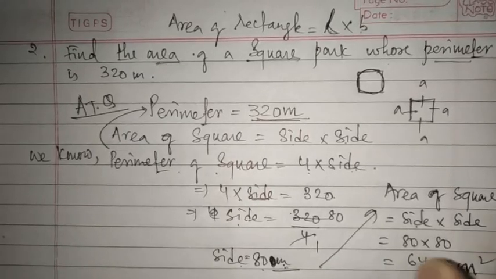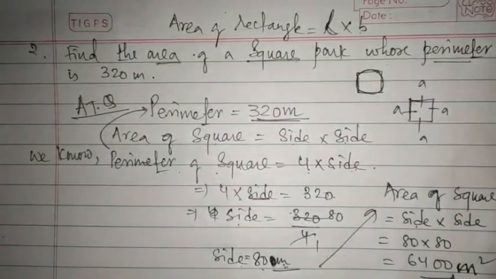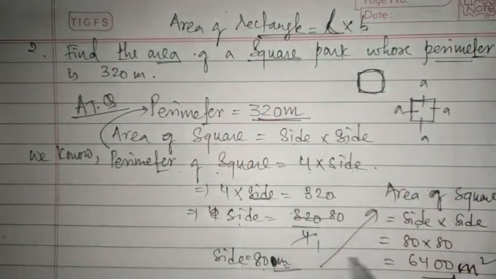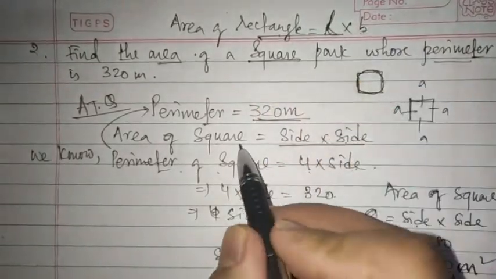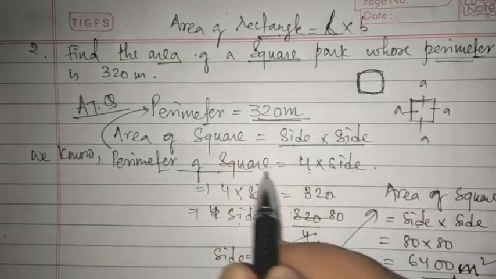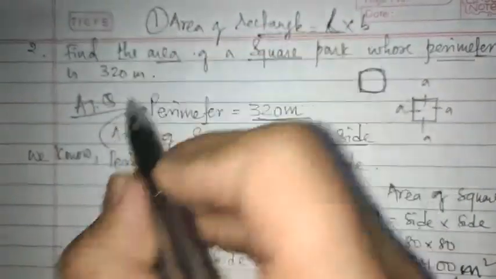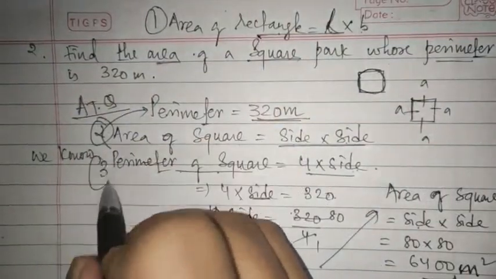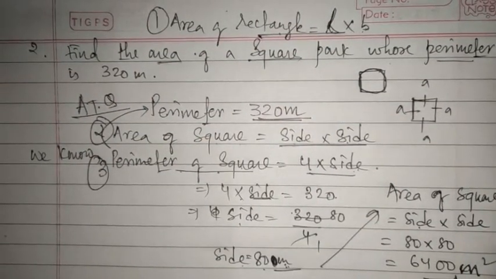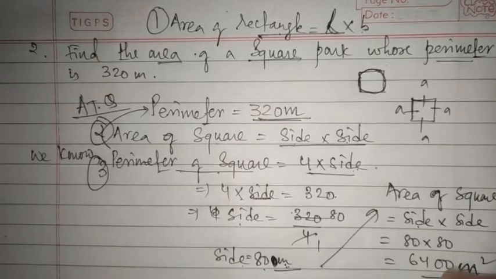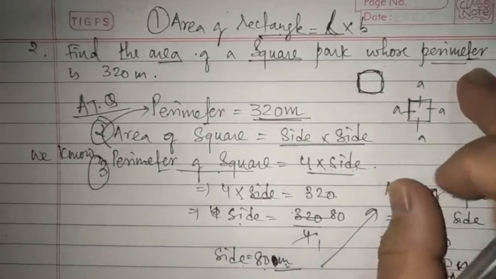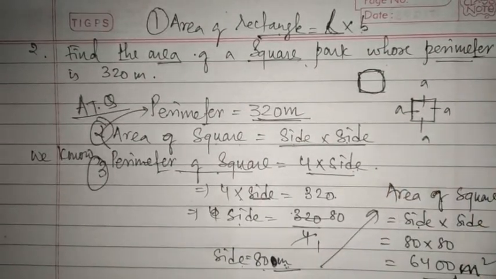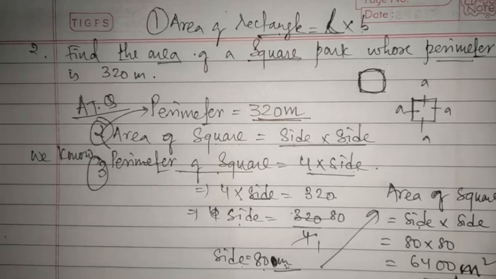Alright children, I hope you have understood this. So this is the way. Grab the formula. Area of the rectangle formula is length into breadth. Area of the square formula is side into side. Perimeter of square formula is 4 into side. So 3 formulas we have learned till now, till this question. Okay, so your homework is to learn this question, to learn these formulas, and also to solve this question in your copy. Okay, so this much for today. In our next class we will be proceeding with question number 3. All right, thank you everyone.